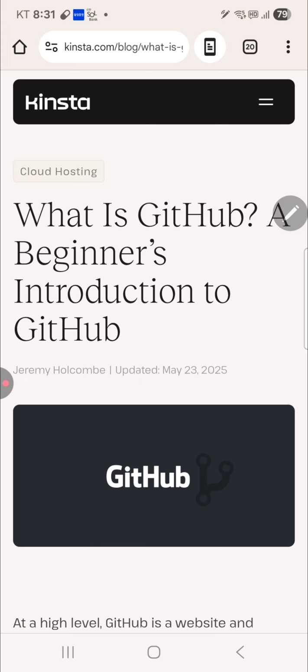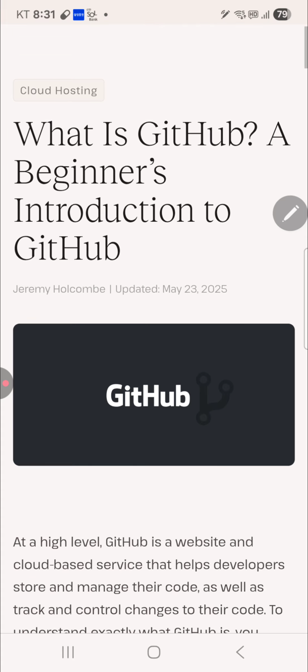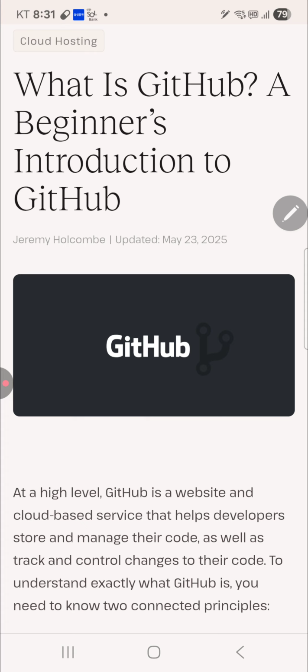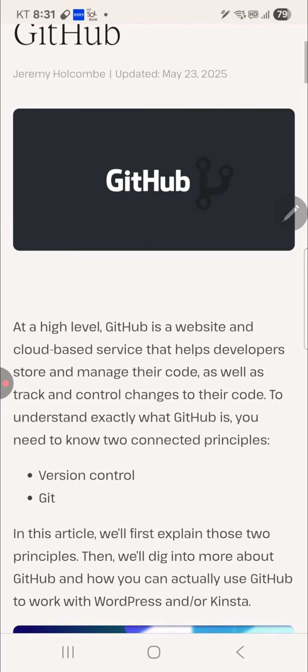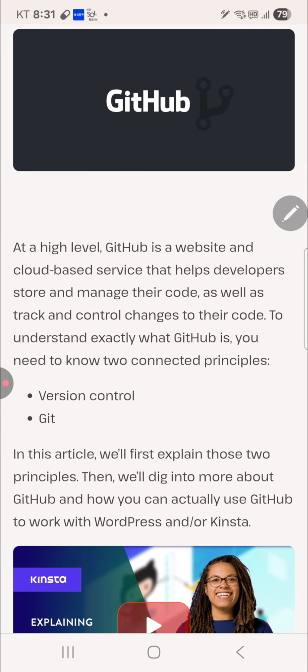similar to each other. So this article is from Kinsta.com, and the title is "What is GitHub? A Beginner's Introduction to GitHub." It was written by Jeremy Holcomb, updated May 23rd, 2025. At a high level, GitHub is a website and cloud-based service that helps developers store and